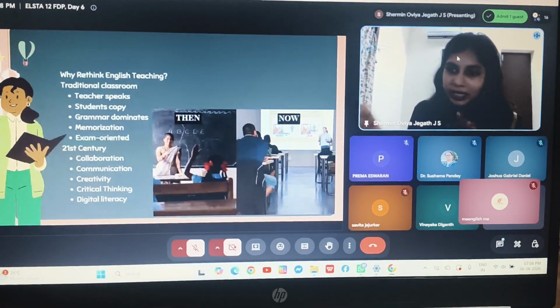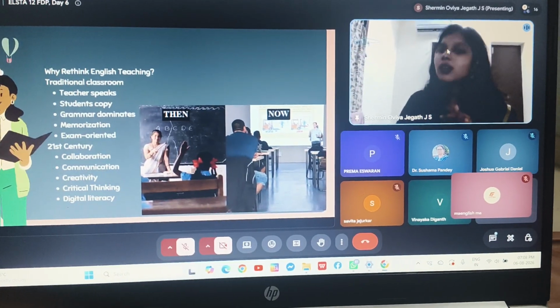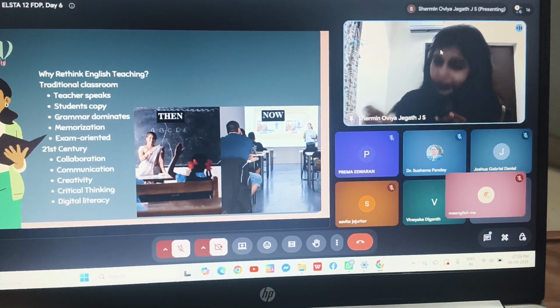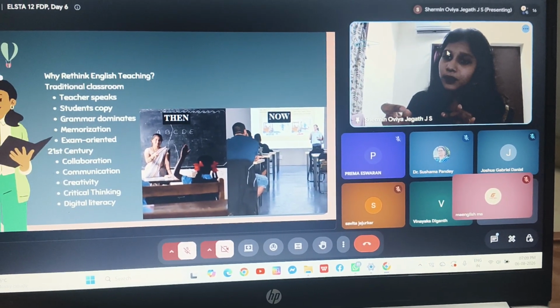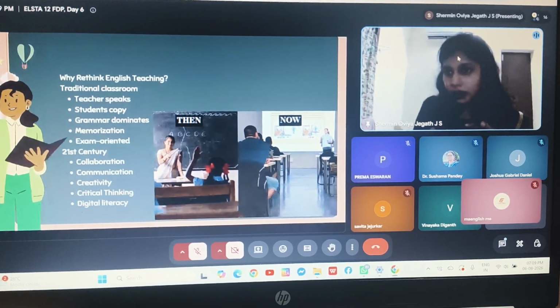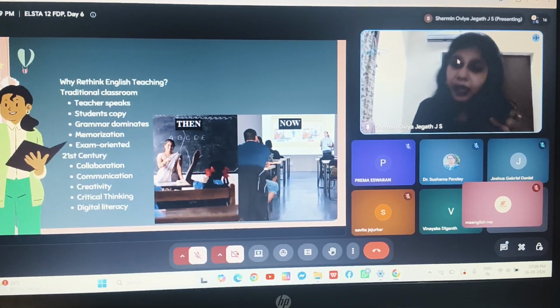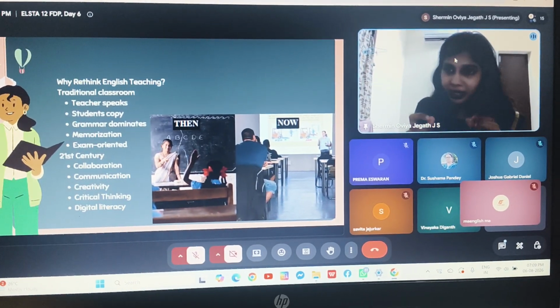They know the vocabulary, they know synonyms, they know antonyms, but because we would have taught them through the chalk and talk method, they would have learned it by rote learning, but they don't know how to use this vocabulary on a day-to-day basis, on an application level, where to use it, how to use it. They might be proficient writers.